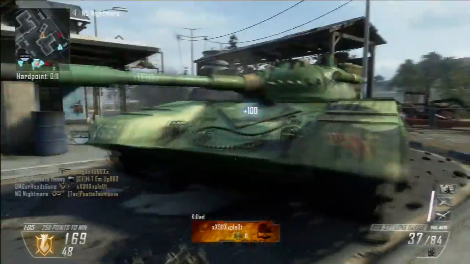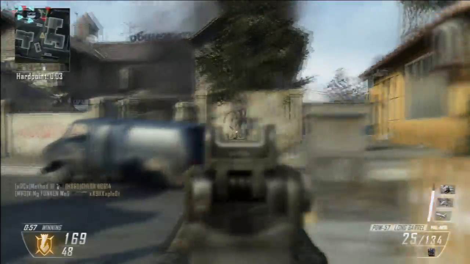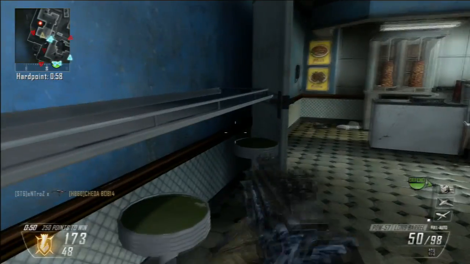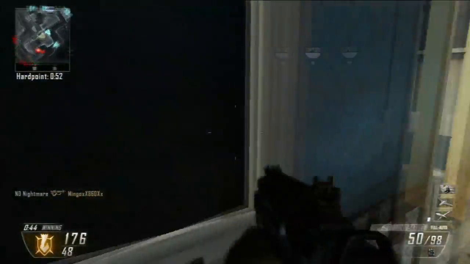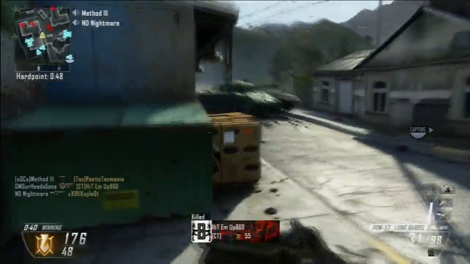Pick your gunfights and learn when to retreat. This is probably the biggest, most important thing when it comes to getting nuclear killers and doing good in general. You have to know when it's not a good idea to run into a group of enemies, even if you have an Orbital VSAT. Like right here, for example, I knew I was beat there. I was screwed, so I decided to run, and you know what? It worked perfect. I got some more kills, and I did end up getting my nuclear killer,